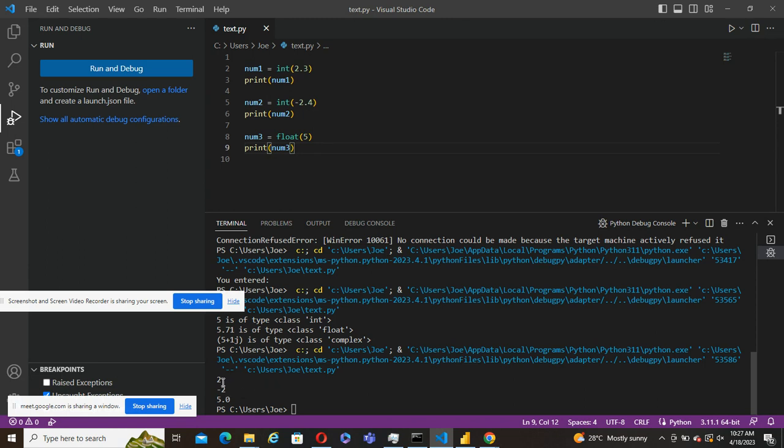Now you can see from our results, we input number one, we input 2.3, but we declared it as an integer. So it printed an integer out of the 2.3, it says 2. The same way applies to the second one, an integer, but we declared it as a negative float, that's negative 2.4. It brought us a negative integer, that's 2. The last one is a float. We just declared an integer instead of a float, that's instead of a point number. It printed a point, that's